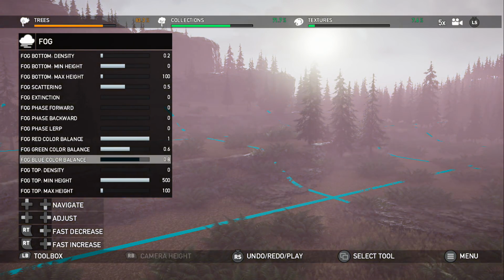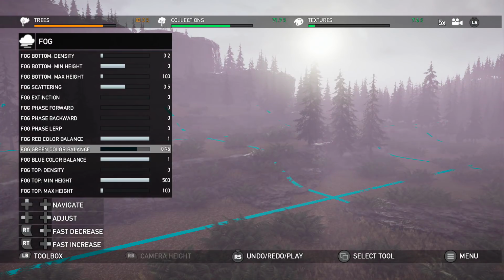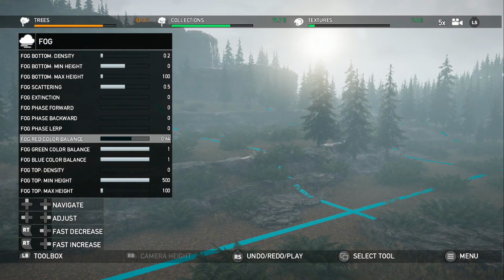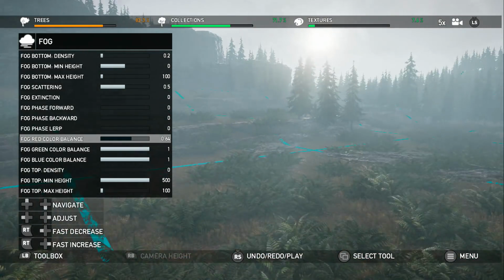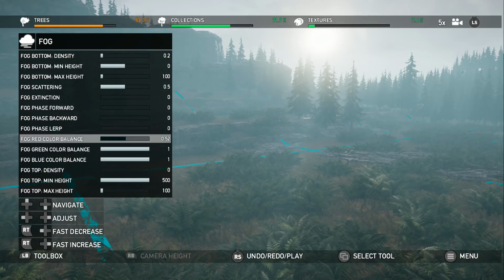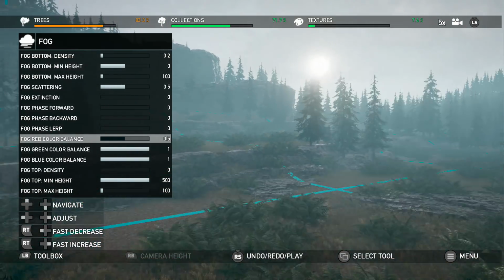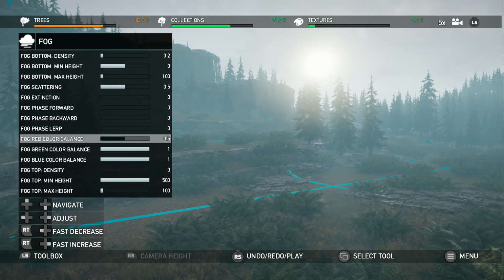Now for us, I'm going to leave it pretty much white for this. I'm going to be boring. And if we cut out red, you'll see we kind of get this greenish type of look. Now I will actually put it about right there. Actually, that looks good. So I'll drop my red down to about 0.5, which gives us this kind of